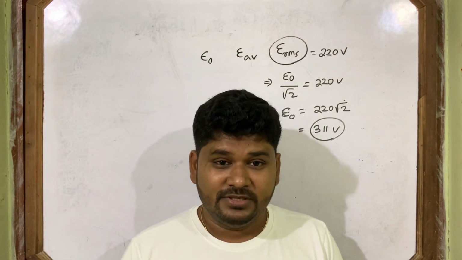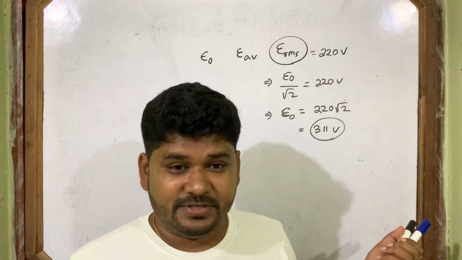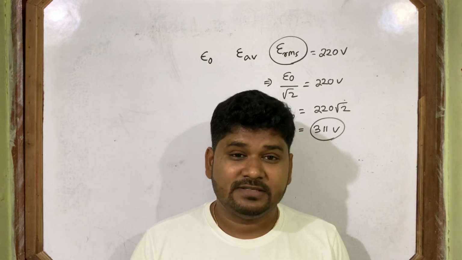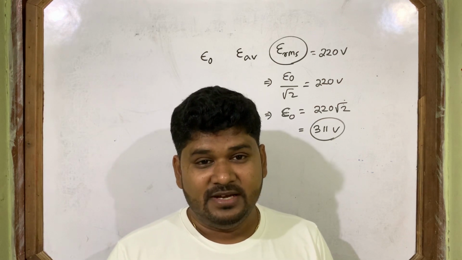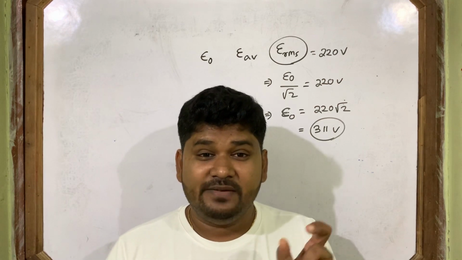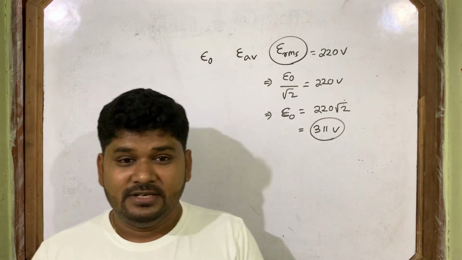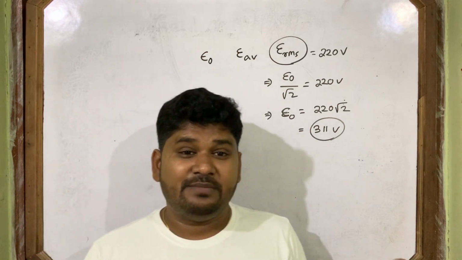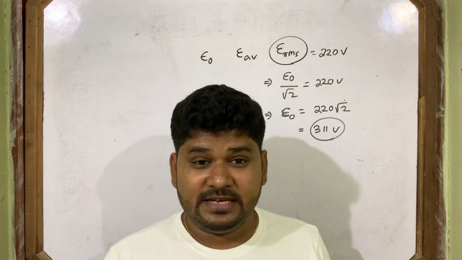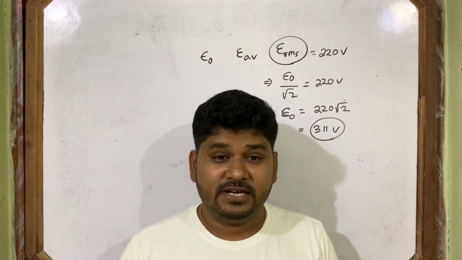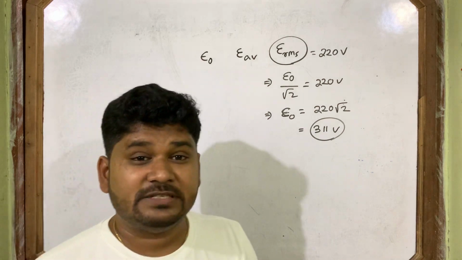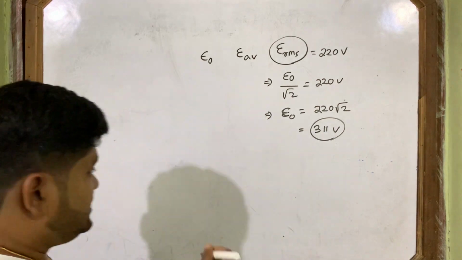Your ammeter. So you got 220 volt, that is the RMS value I told. What does your ammeter read? Your ammeter reads the RMS value. That is based on the thermal effect of electric current. Based on what your ammeter reads, the question will come in the exam. The ammeter reads the value based on the thermal effect of electric current. It reads the RMS value.